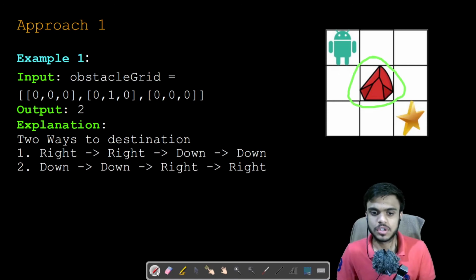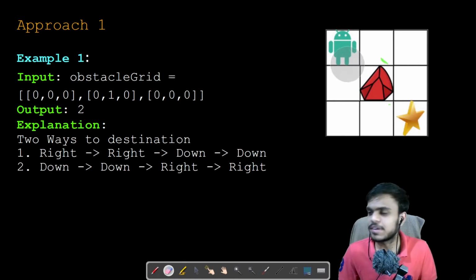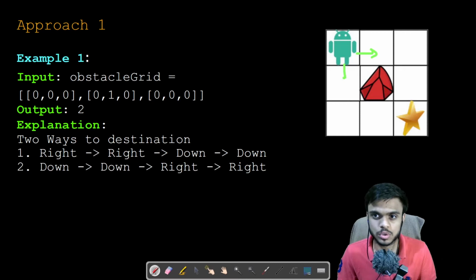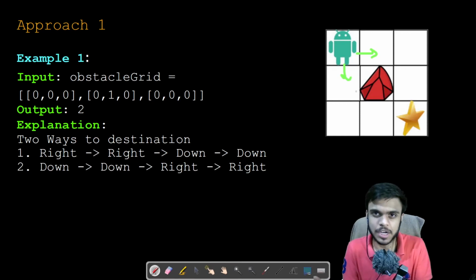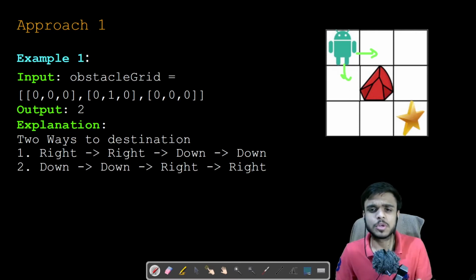What is the first thing that we are doing in this problem? The first thing is we are taking a decision whether to go to the right or to go to the bottom. Not just at the first position, at every step we are doing the same thing, that is, deciding whether we have to go to the right or to the bottom. So basically we are taking decisions, and whenever there are decisions, we solve the problem with the help of recursion. So this would be the brute force approach that we are going to do.